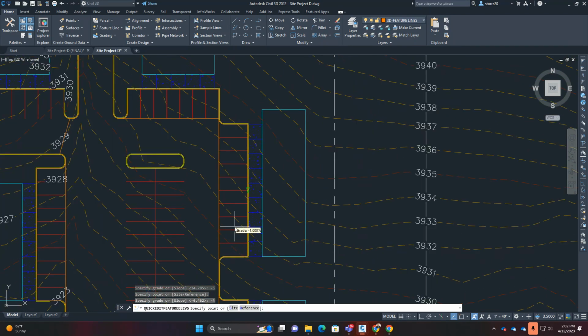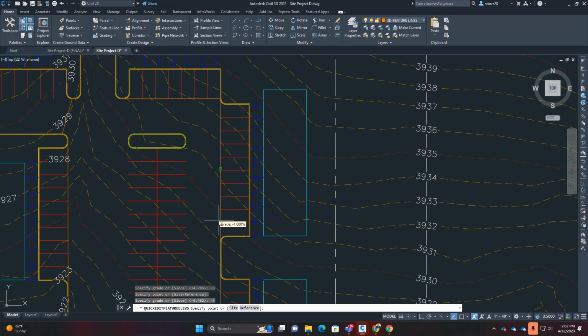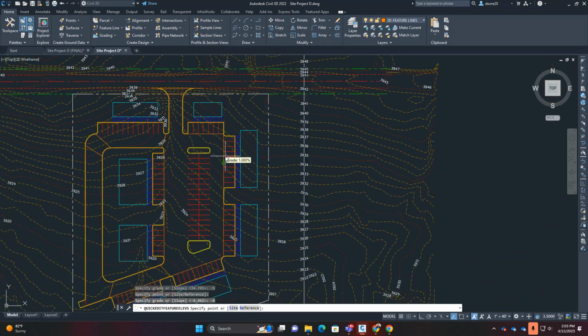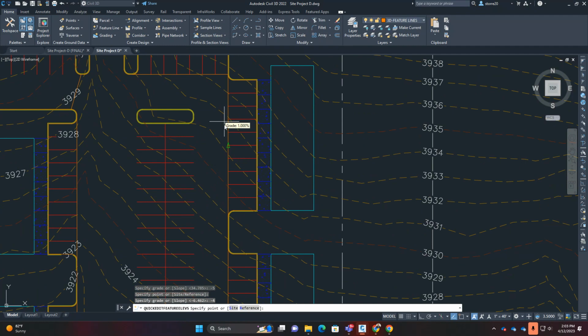But once again, geometrically speaking, these elevations would have been the same, but then we need to make sure we have flow across or away from this area. But if you have feature lines coming this way and they're also 0, then we got a problem. We got a big ponding area right in here. So there's just so many different ways. Honestly, in this case, I would make sure for this one side in particular, I would make sure to give it a little bit of grade this way,